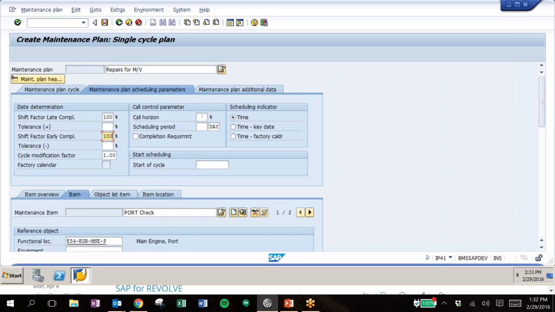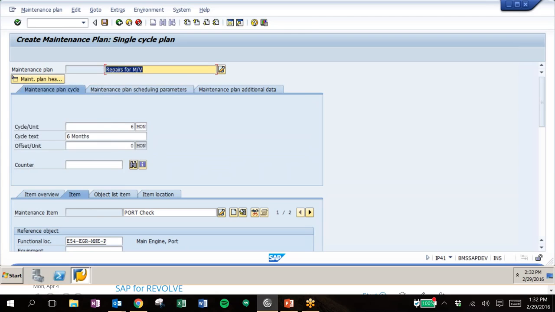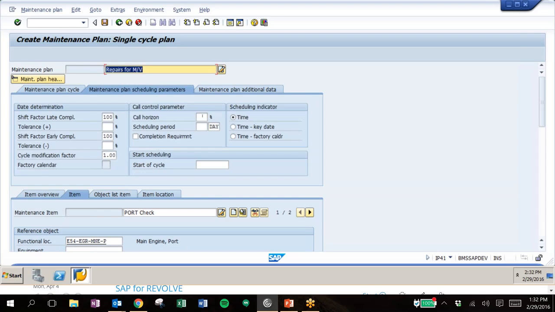We also over here have the call horizon, and this is basically telling us what percent of the cycle you want the work orders to be kicked off for. So remember that our cycle here is 6 months. So if we set this call horizon to 50%, that's saying that in 3 months we want a work order to be kicked off. For this example, we'll leave that blank, so that way we always have a work order